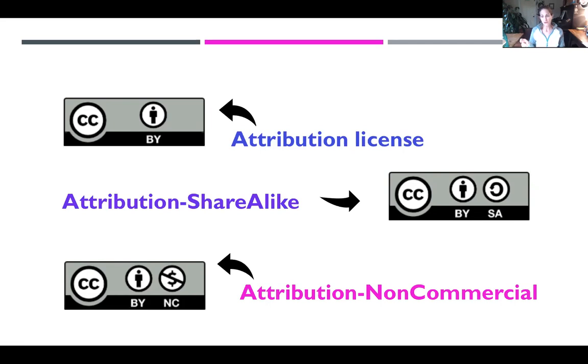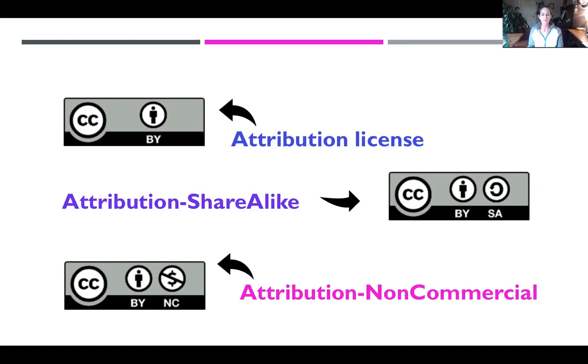That's the BY part, the little person. And then the Share Alike means if you use that work, you need to share the same exact license. So if the license is just like this, you need to borrow it and give attribution, and then your license needs to have the Share Alike icon, the Share Alike rule on that work. So if somebody else borrows the work that you borrowed, they also need to share it with that same license,